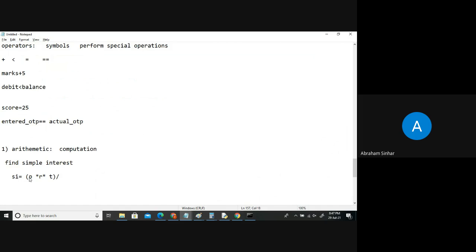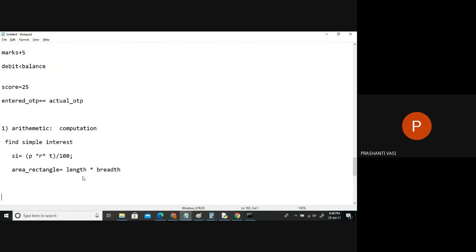So you can see that I have used only two types of symbols here, multiplication symbol and division symbol. So for any formula, like area of a rectangle, already we use for circle also with some formulas. So what will I use here as length into breadth? Again, for this computation, we are using a symbol multiplication. Same way, if I say perimeter of rectangle.